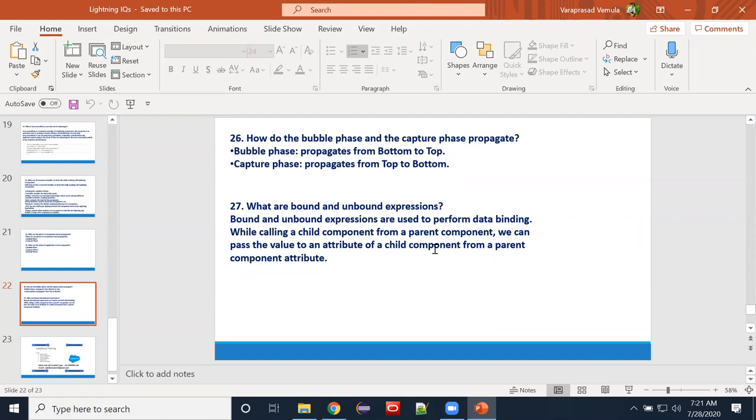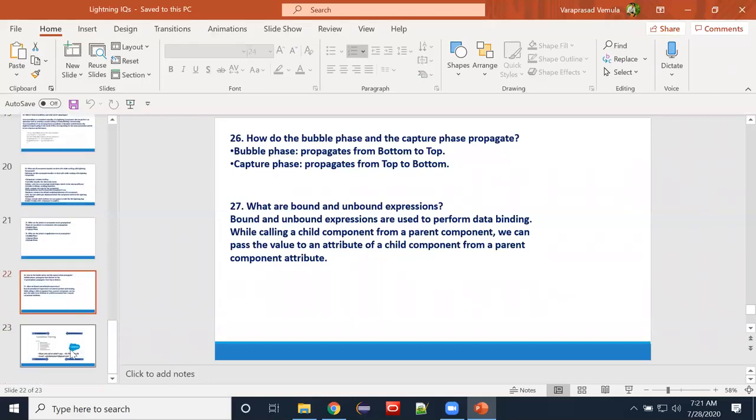What is a bound and unbound expression? How can we differentiate which one is a bound and which one is an unbound expression? What will happen in the bound expression and unbound expression?